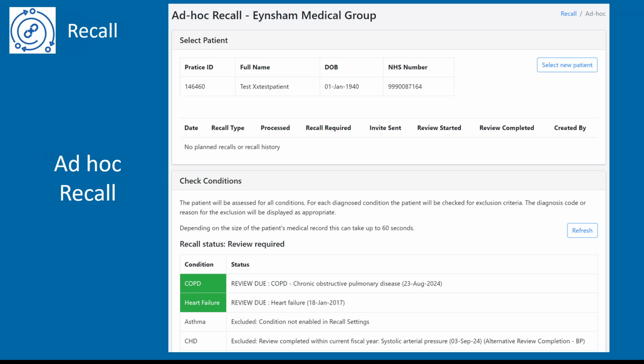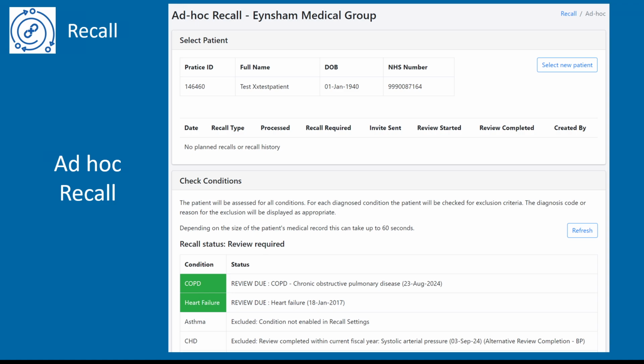It's based on the practice patient list that is uploaded into our system. So the first step of setting up MedLink Recall is uploading your patient list to our application, and then it's all based on that patient list. So Mark, about case finding,